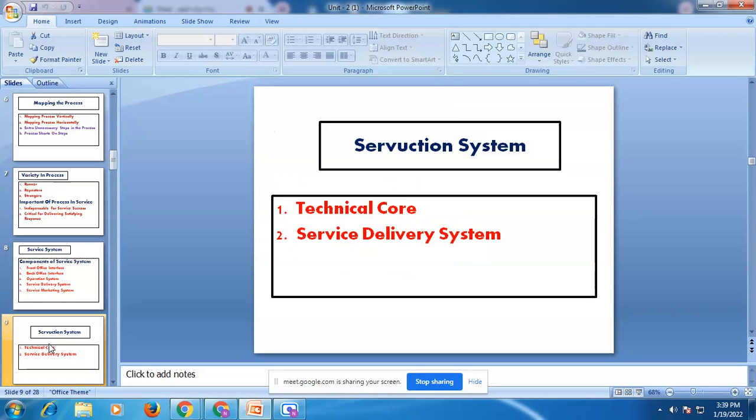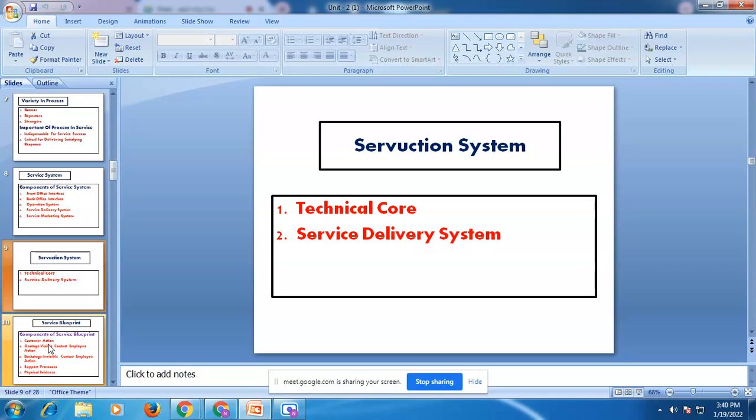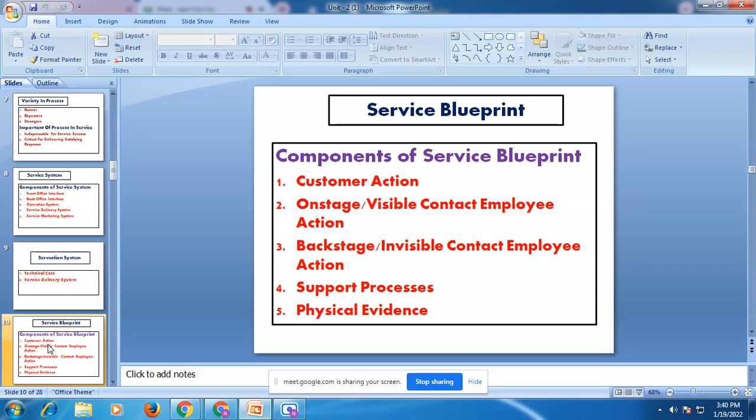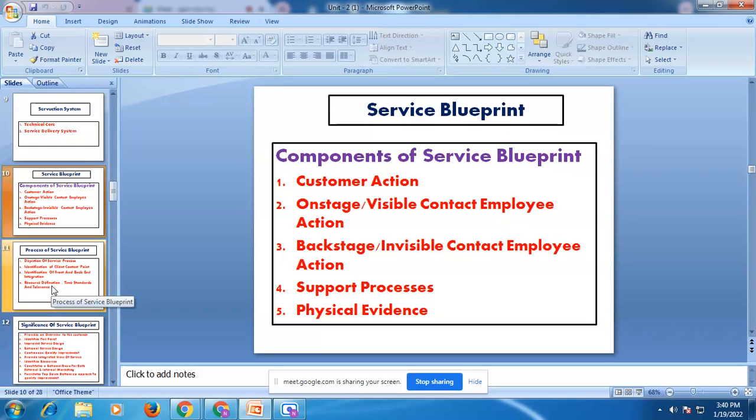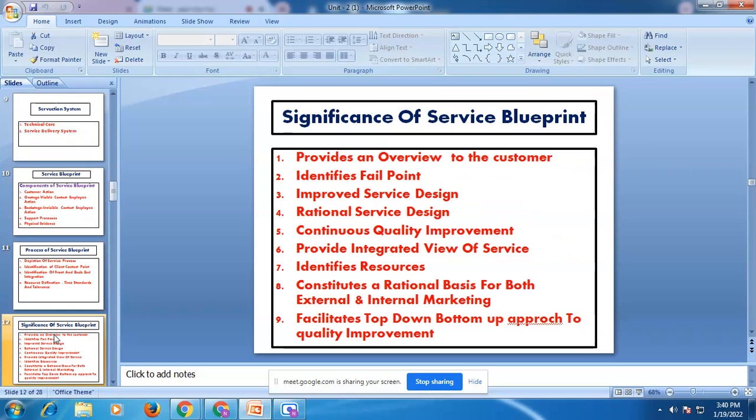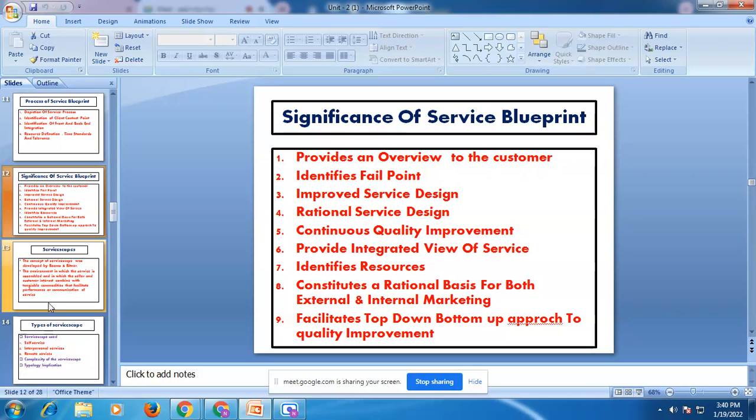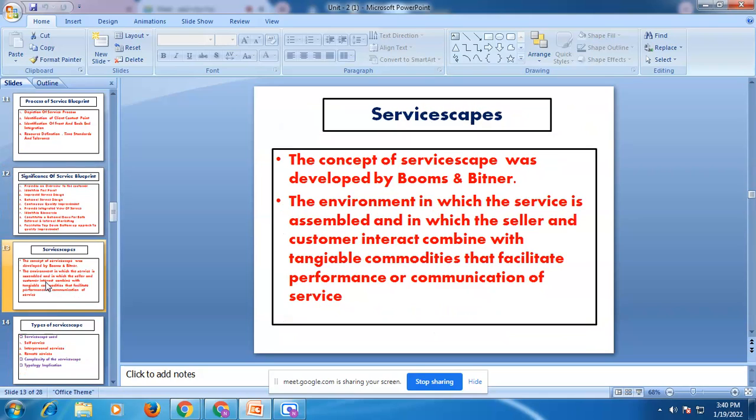Next is the servuction system. In that, the first one is the technical core and service delivery system. Next, we discussed what is meant by a service blueprint and the important components of a service blueprint, then the process of a service blueprint and the significance of a service blueprint. Then we discussed the major part of this